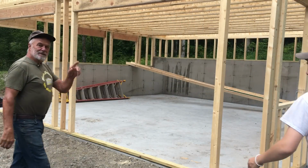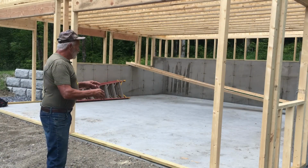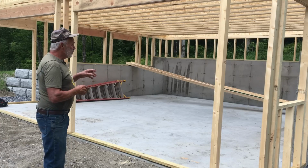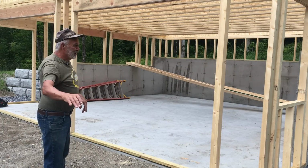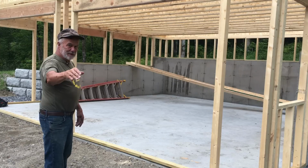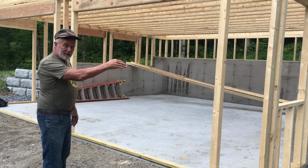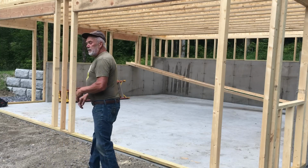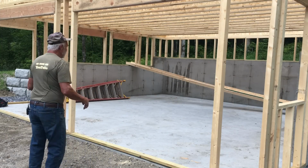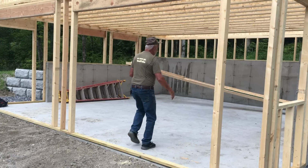So there were a lot of questions about the garage as far as the location of the man door. There's a window on this side, and the house is over there. A lot of people have suggested it would have been more convenient to come in to this side just for a shorter distance rather than over there. But the thing is, the homeowner is going to park in here with his truck, and if you can picture